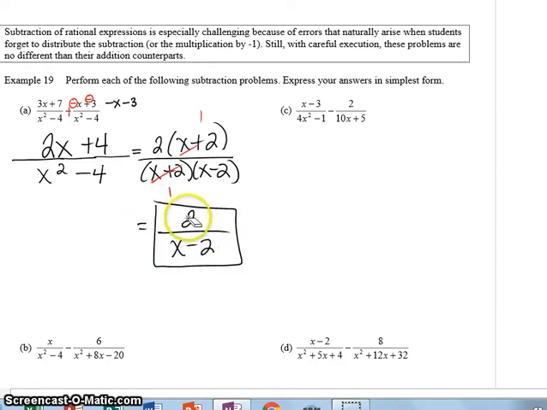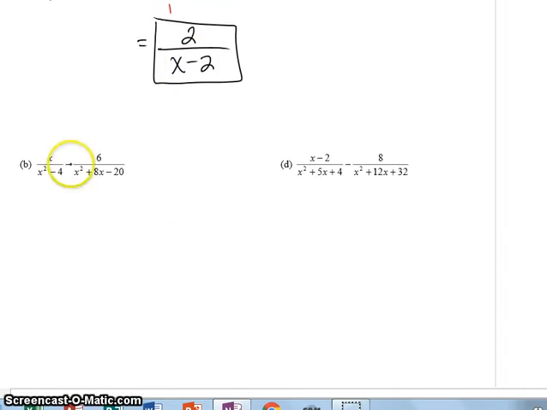Okay, don't forget, you can't cancel those two because that's a marriage on the bottom. All right, part B. Again, change this to positive, hand out that negative up top. All right, so I am going to factor this one. So this is x minus 2, x plus 2. And then this trinomial is going to factor to